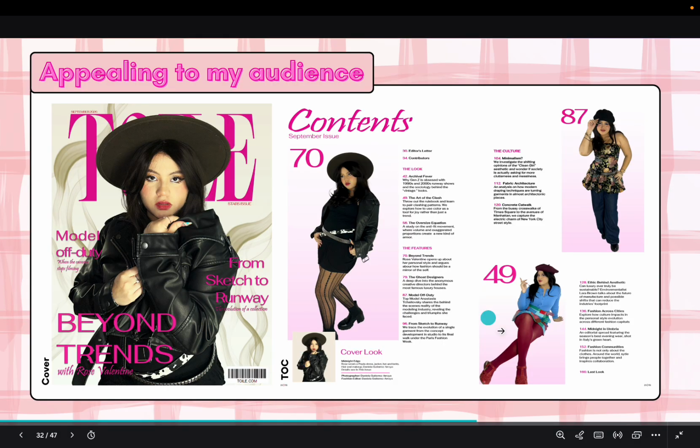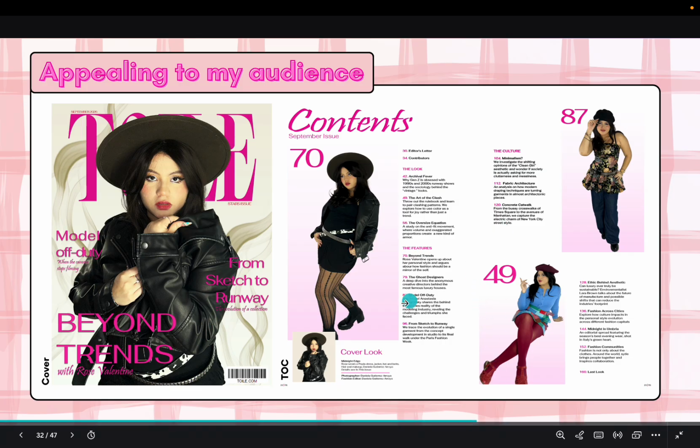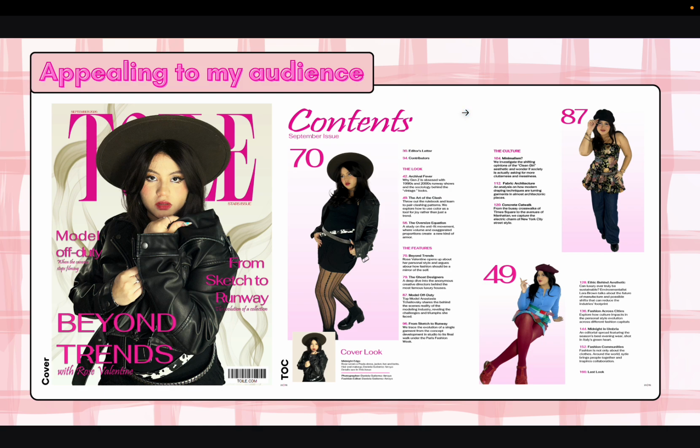brands, high quality pictures, and overall, I decided to use not only the hot pink color as a reference to the Y2K aesthetic, but also to appeal to the gender side of my target audience, women, making this a much more feminine look with the delicate type blend with the gradient, and also pink is stereotypically used to target women.